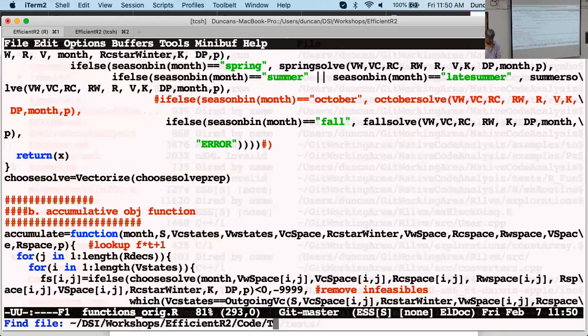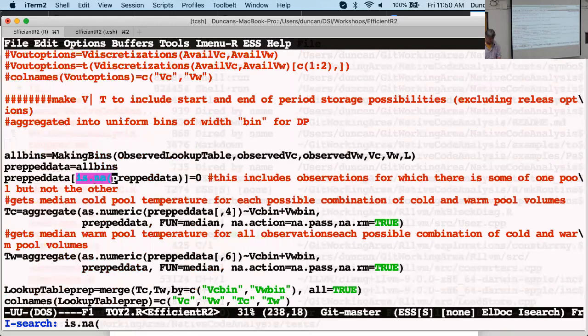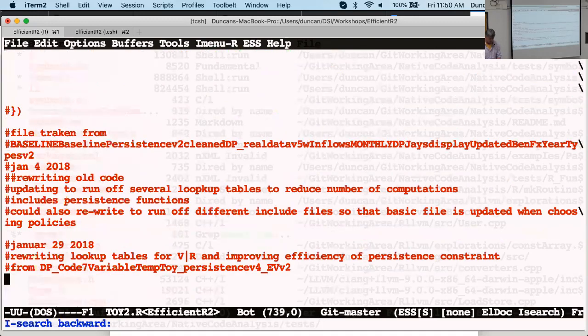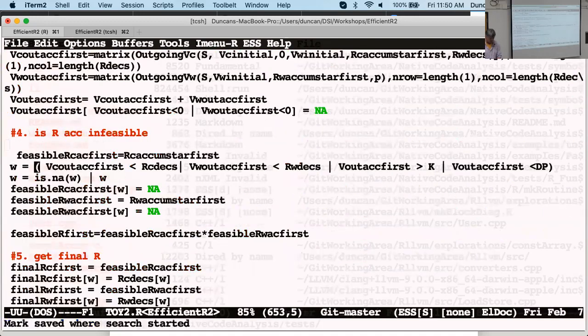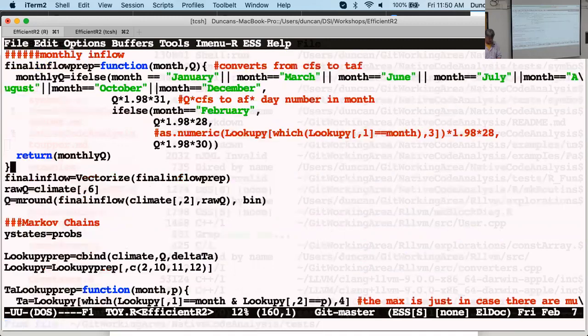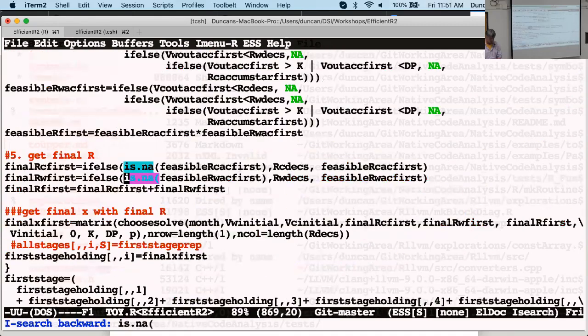Sorry. Oh, where to go? This looks not, oh, that's why. Sorry, that's why. I keep looking at the wrong one because, so